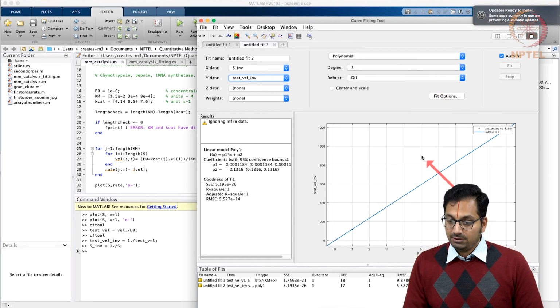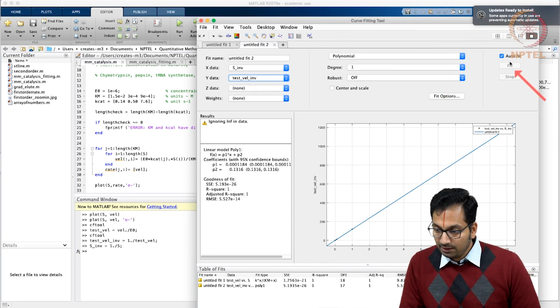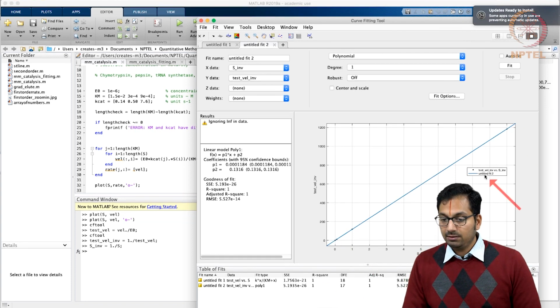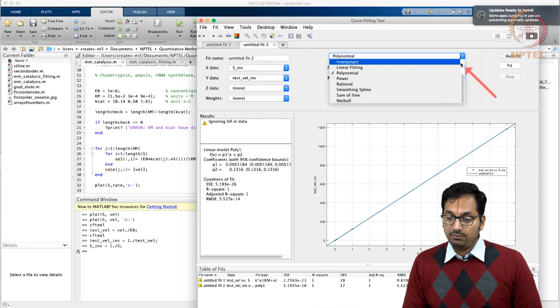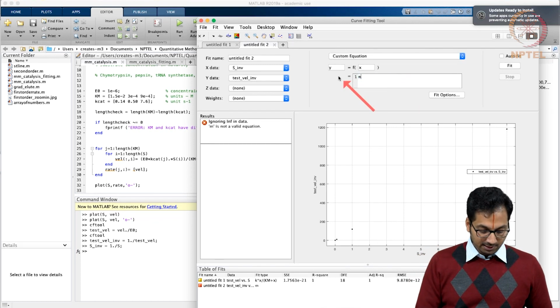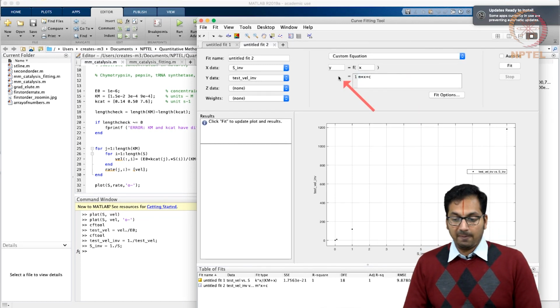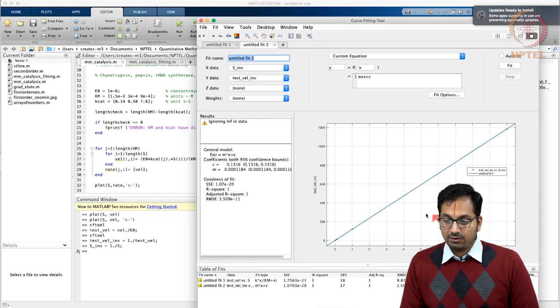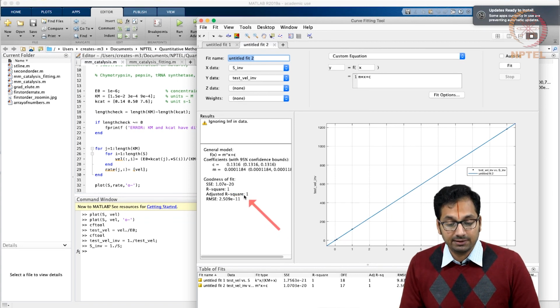So now when you do this, what you are able to see already is that once again MATLAB is in a hurry. It's taking all the data points, you are able to see multiple data points here, here and here, and it's fitting it with a first degree polynomial. But let's not do that. What we can do is to write our own custom equation such that it's m star x plus c, and then you say fit. Of course the fit options here might not be that required because it's able to nicely fit, the r square comes as 1 because we have simulated this data.